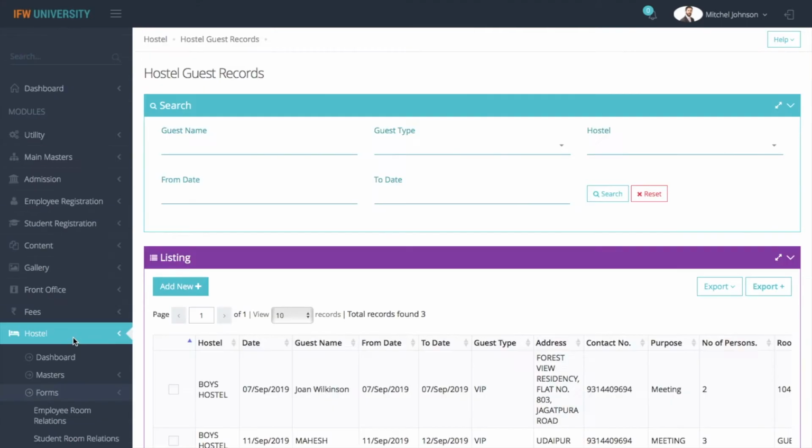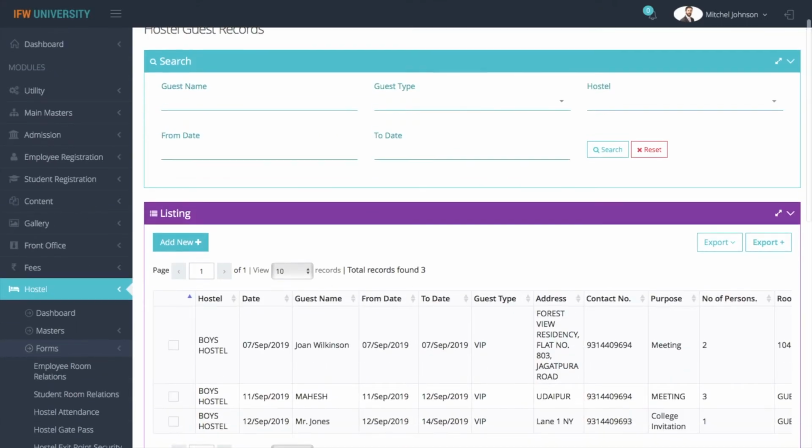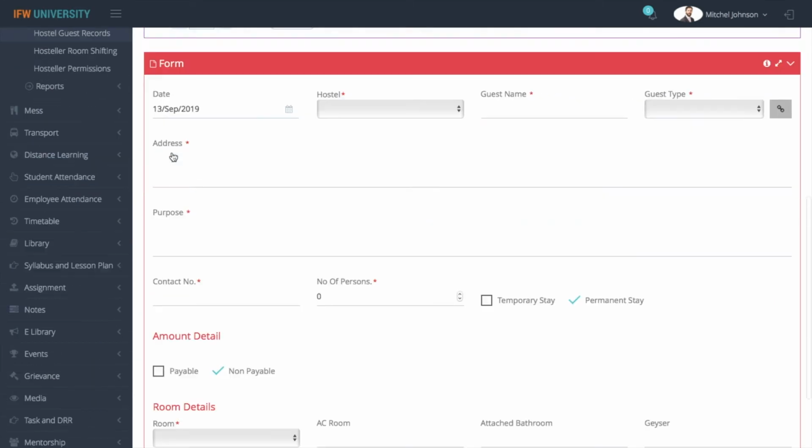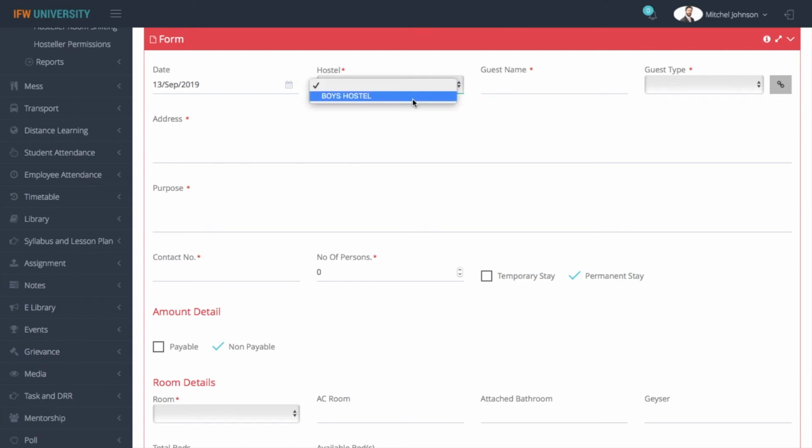Hostel guest records. The guest records here allow you to maintain the details or keep a record of the people who are visiting your hostel and staying there temporarily. Like in boys hostel, put the guest name here. For example, guest type, address, purpose, that why they have visited, like for example, he or she is the guest faculty, contact number,